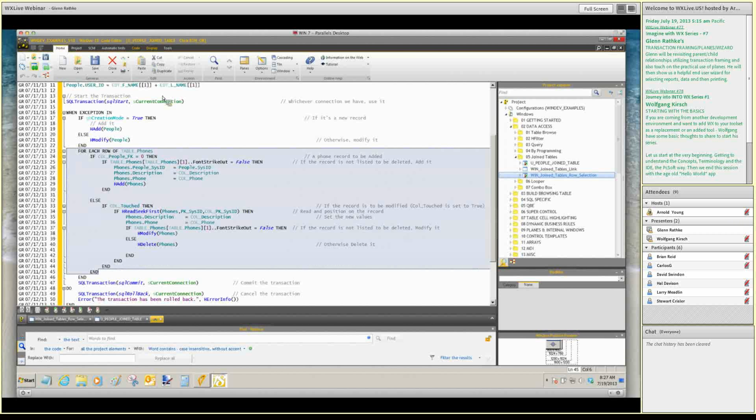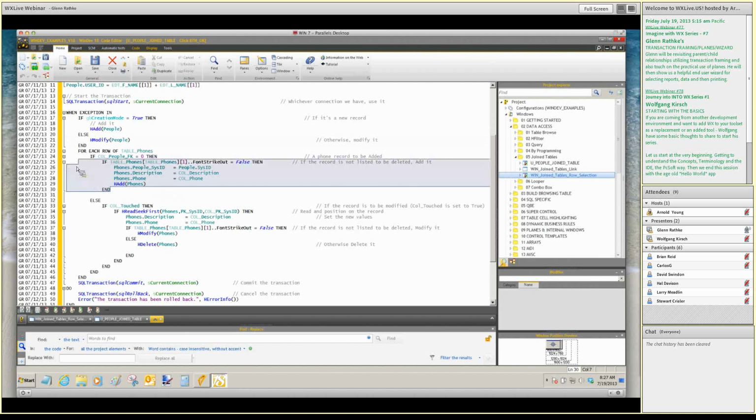And so we do for each row of the table people phones. If my column of the people foreign key is 0, in other words, that is a phone number that I just added to that table, so it will have a value of 0. And if it is, then that record actually gets added to my phones table. Otherwise, if it's not got a foreign key of 0, in other words, we're editing an existing person that has phone numbers, and we've got the foreign key of the sysid in phones tied back to the primary key